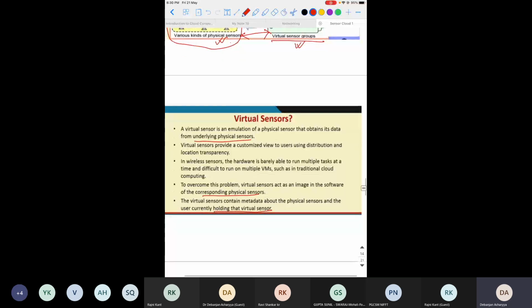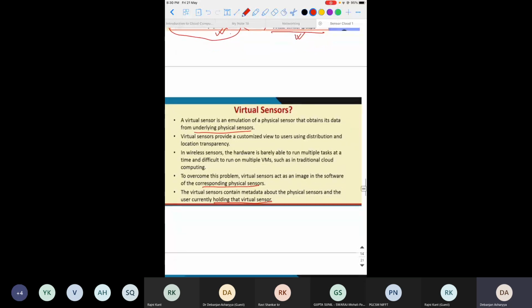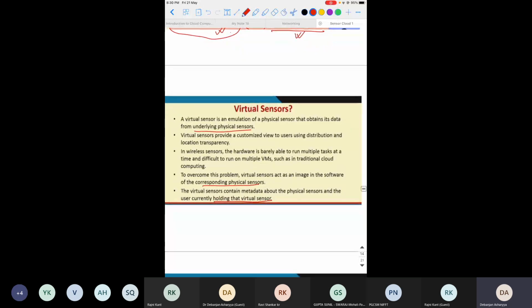You may find it interesting that in some days, not in the next 10 to 20 years, but in the future, say 40 to 50 years, for example 2060 or 2070, you will see that there is no physical sensor, only virtual sensors are working.